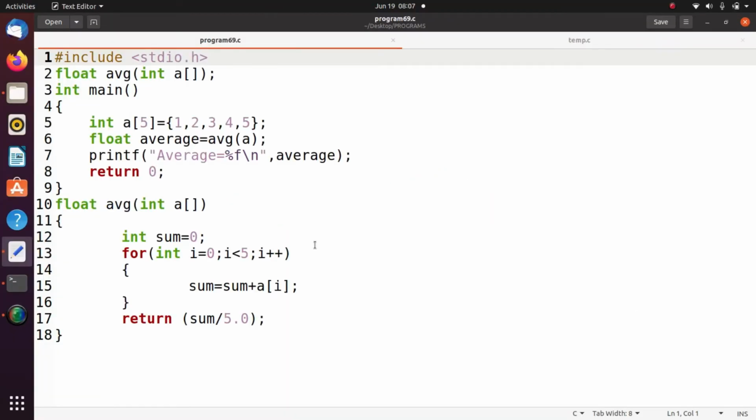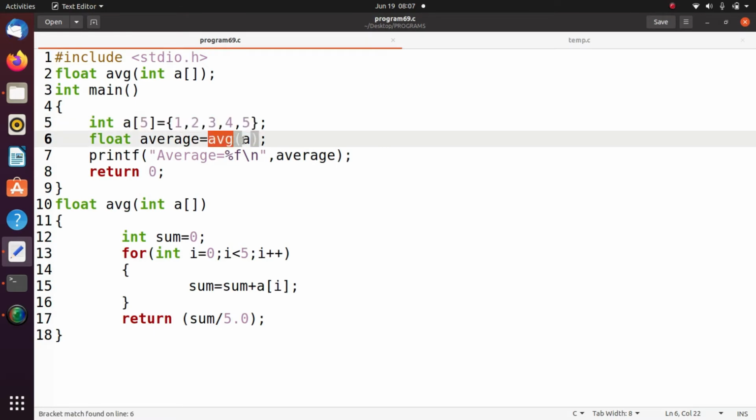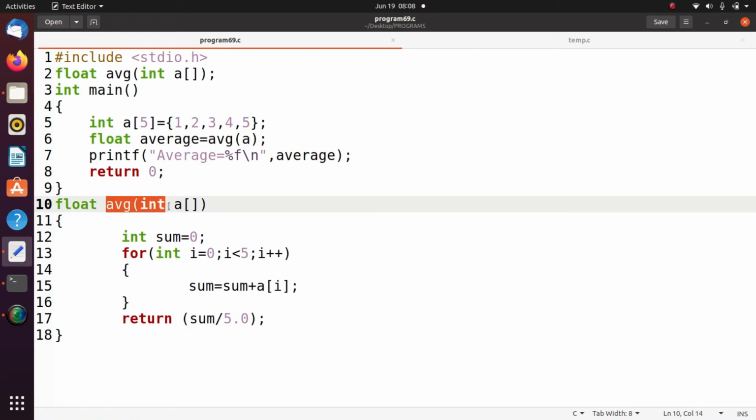Now we see how to pass an array to a function. In this example, this is the array a, and this is the avg function. I pass the array as an argument here, so this a is passed to the function avg.